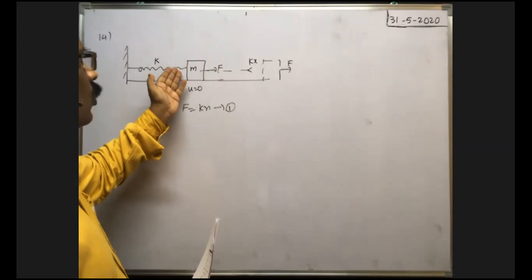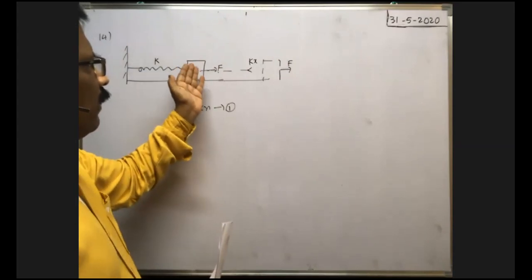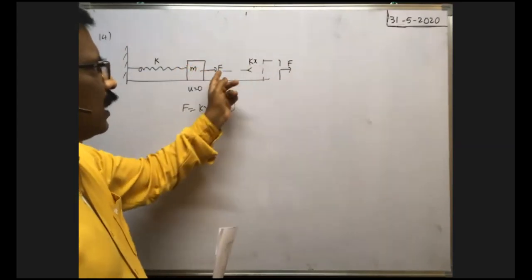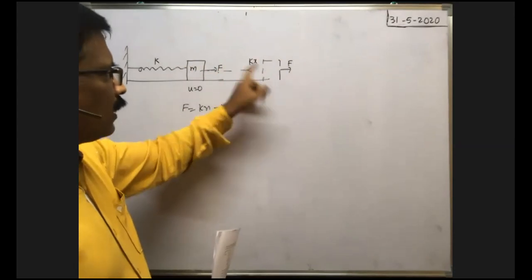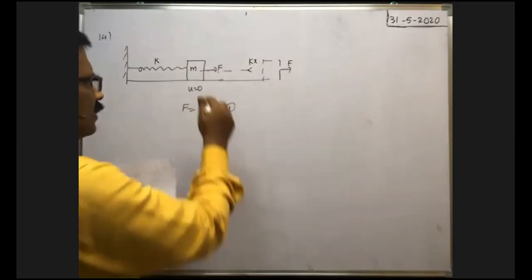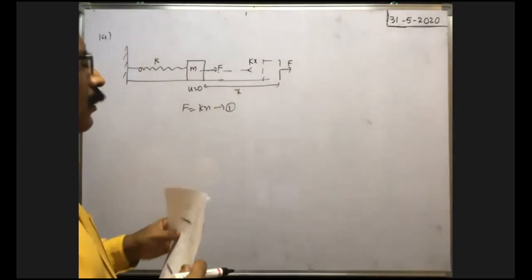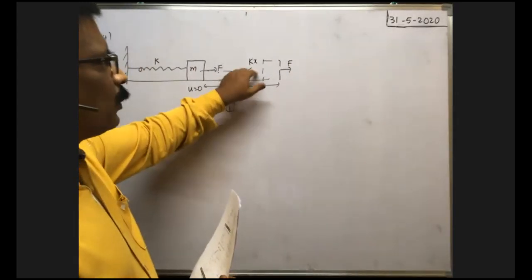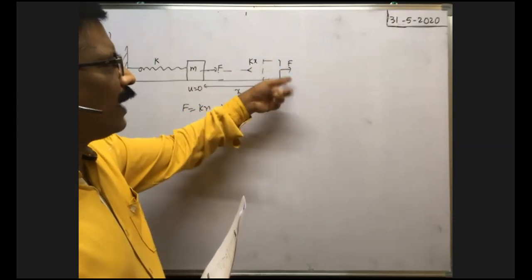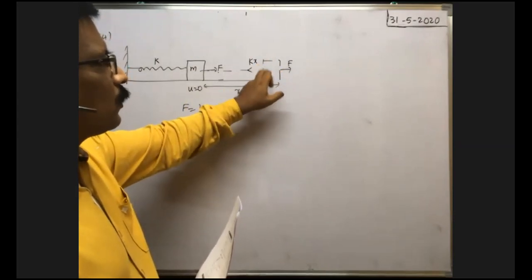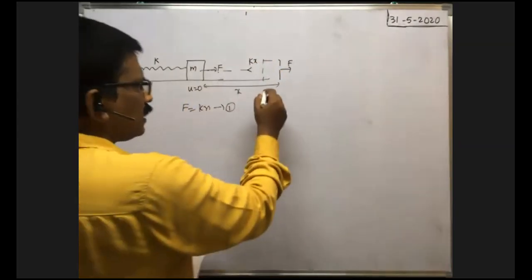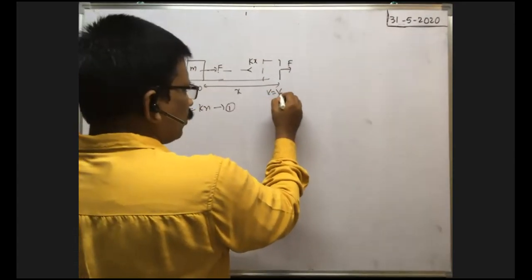So the spring force also gradually increases whenever the block moves towards right because of this force. After it has displaced by a certain distance, say x, at that time the spring force developed and the applied force are both equal in magnitude. At that time net force becomes 0. At that time the velocity acquired is maximum. V is equal to V max.